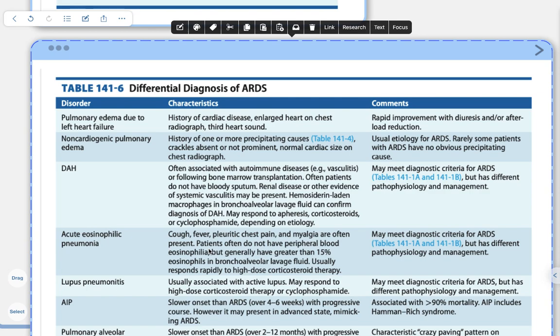Then we have a condition known as diffuse alveolar hemorrhage. This most often is associated with autoimmune diseases like vasculitis or following bone marrow transplantations. Patients most of the times do not have a bloody sputum. Renal disease or other evidence of systemic vasculitis may be present. Hemosiderin-laden macrophages in bronchoalveolar lavage fluid can confirm the diagnosis of DAH, which may respond to apheresis, corticosteroids, or cyclophosphamide depending on the etiology. Now, DAH may meet diagnostic criteria for ARDS, but altogether it has a different pathophysiology and